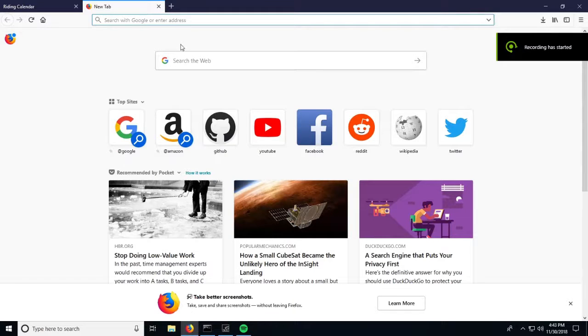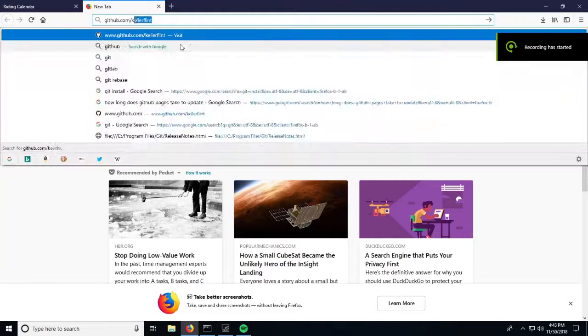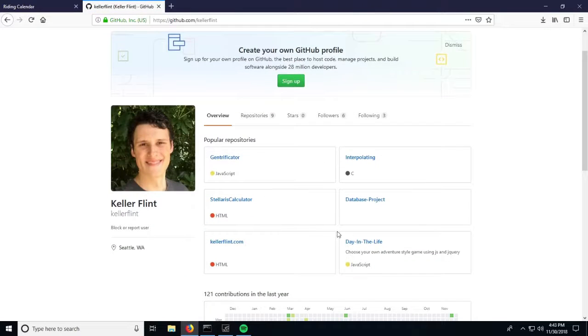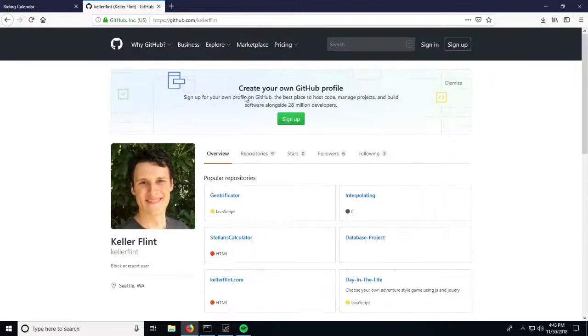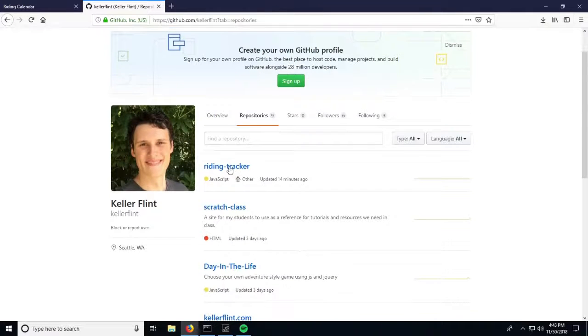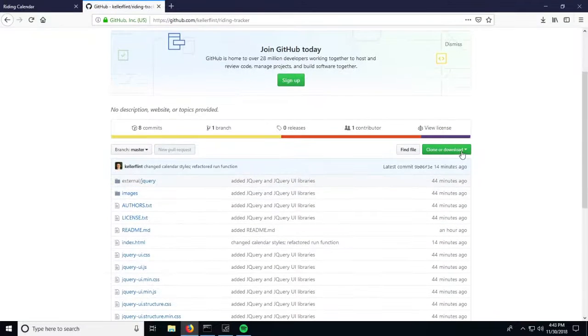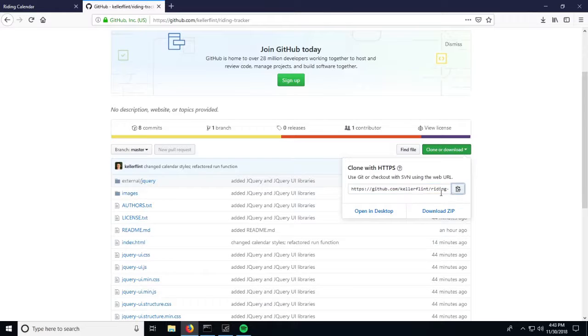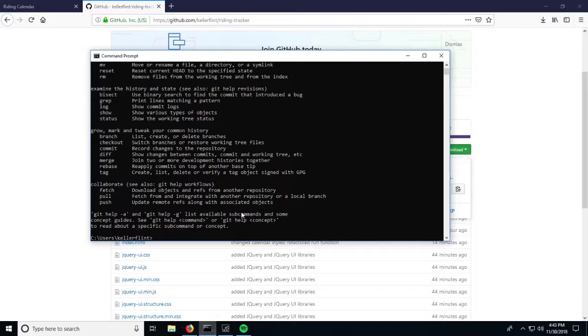Okay, so what you do is you go to GitHub and to our repository for the project, which is somewhere on here, writing tracker, and you say download or clone, and you copy this link,